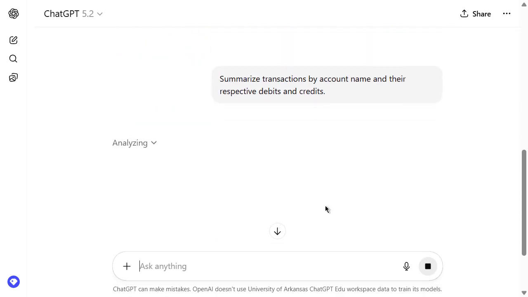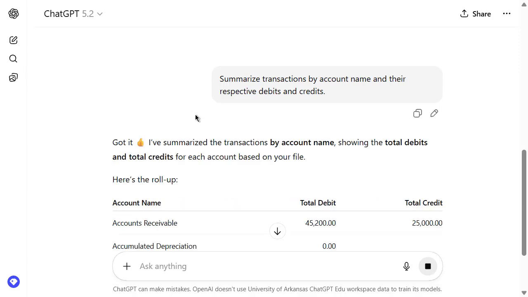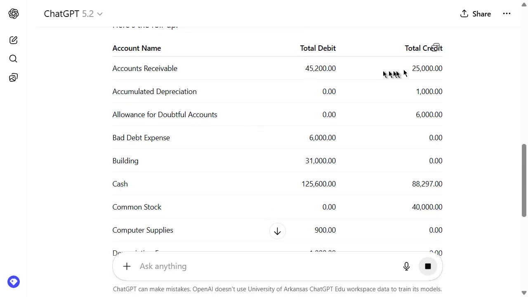And so this would be essentially posting to the general ledger is what it would look like. And so I'm asking it to send it there. One of the things we do in accounting though is we net out the debits and the credits. So if the debits are bigger than the credits, then we have a net debit account. If the credits are greater than the debits, we're going to subtract the debits and have a net credit account. And so we're going to go ahead and ask it to do that so it's not automatically going to provide that. Okay, so here's the summary, and you can kind of see total debits and credits,